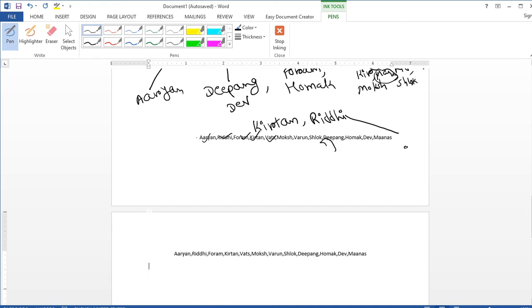Let's create an order 4 tree for the given set of values.